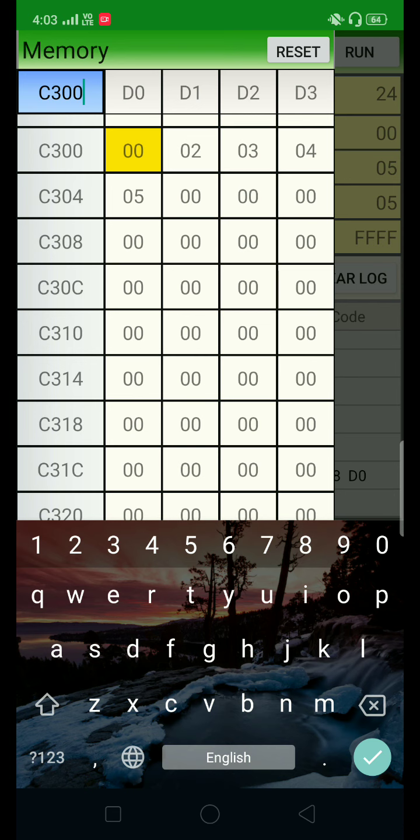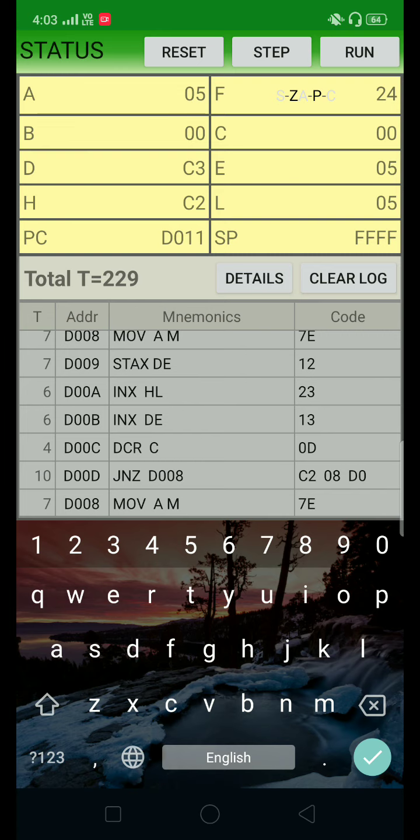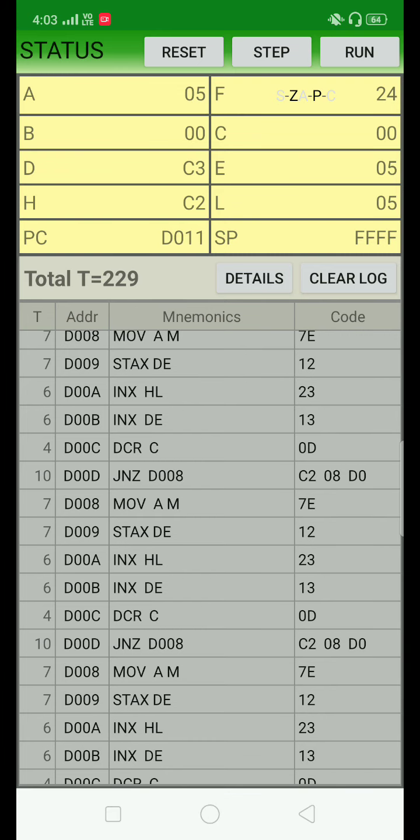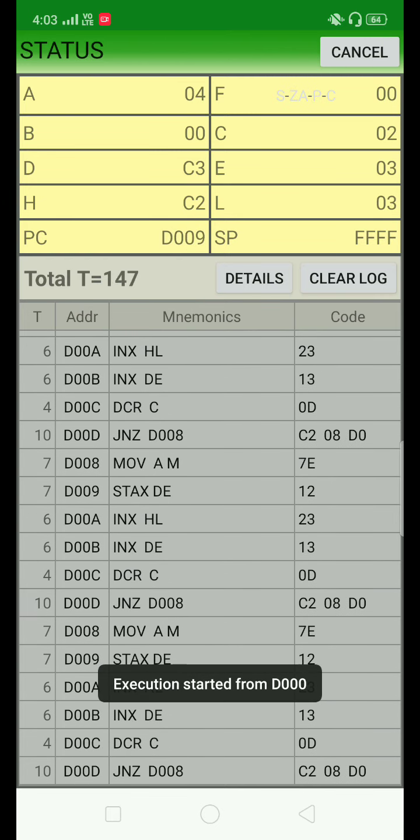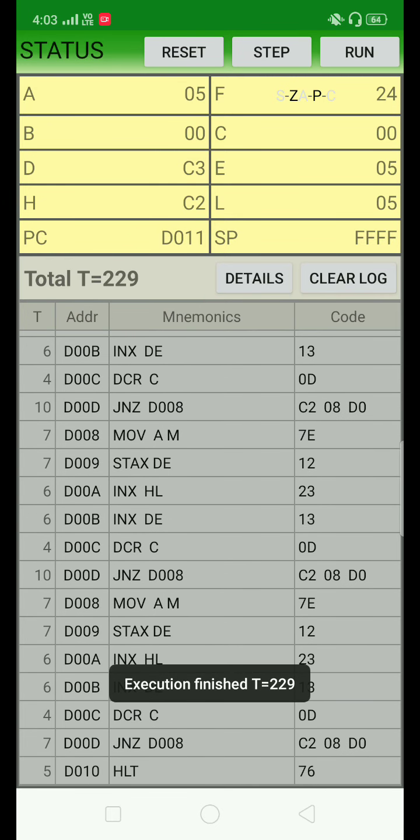So we will execute this program once again. Just click at another memory location, suppose here. Okay, minimize the memory window and we will execute the program once again. Okay, the program is executed.